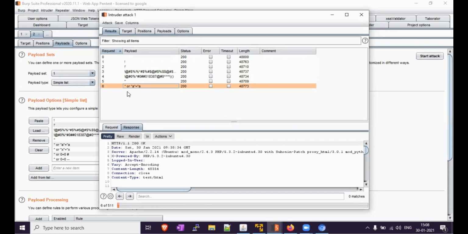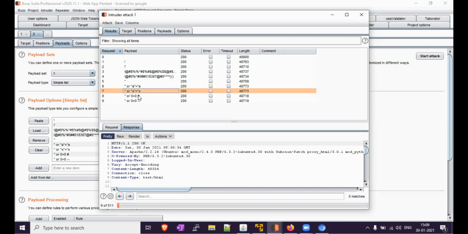It's taking time. So we are just waiting for that because we have 511 payloads, so it will take some time. We are checking the response page of any payload to see if we are getting something.